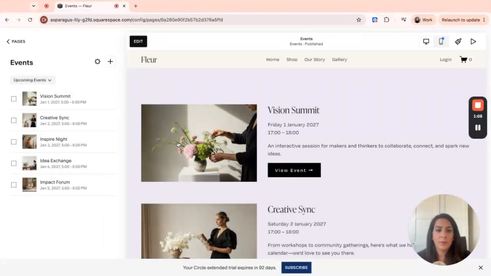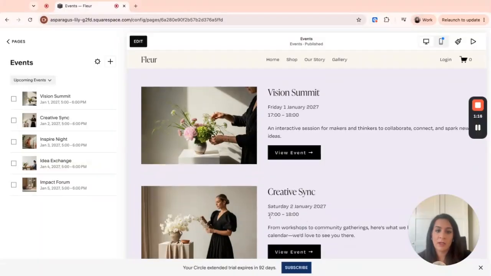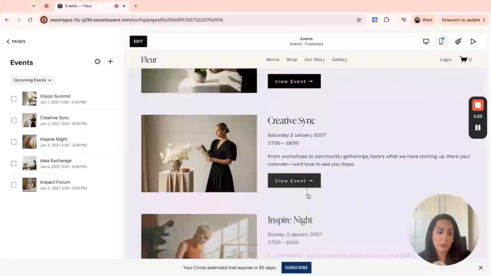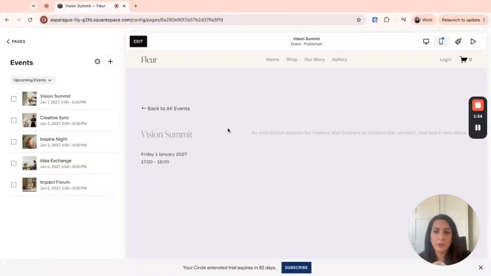And here we are on the back end of the events page. Now, you'll notice that by default, all the events come up in January 2027 at 5 p.m. to 6 p.m. They've all got an image associated with them and they've all been given default names. So we obviously need to go in and customize this so that it's relevant to the events that we are holding for our business. So to do that, firstly, just click on the first event and you'll be taken into